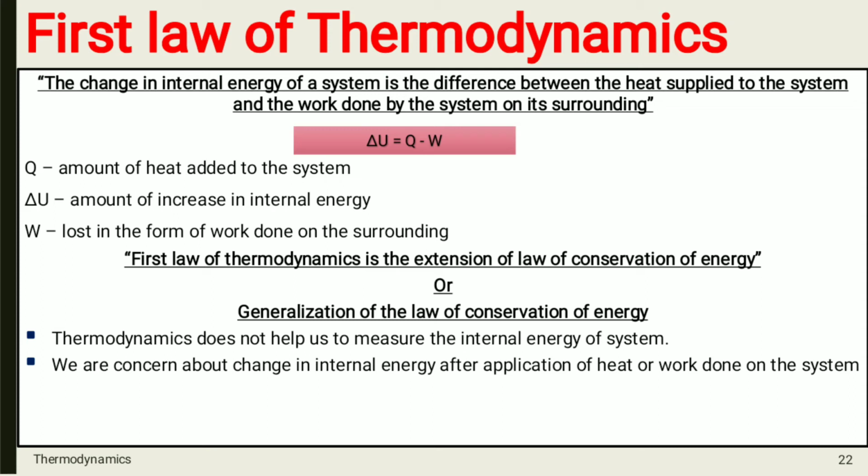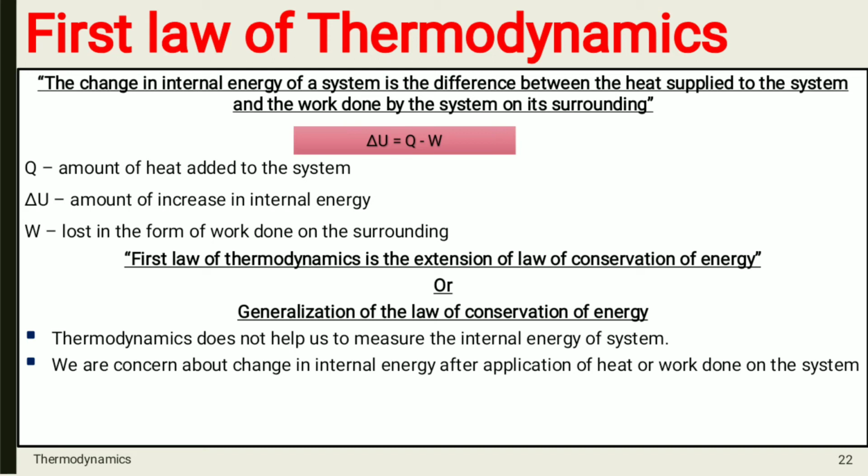Here Q is the amount of heat added to the system. Delta U is the amount of increase in the internal energy, or change in the internal energy. W is the loss in the energy in the form of work done on the surrounding. So the first law of thermodynamics is the extension of